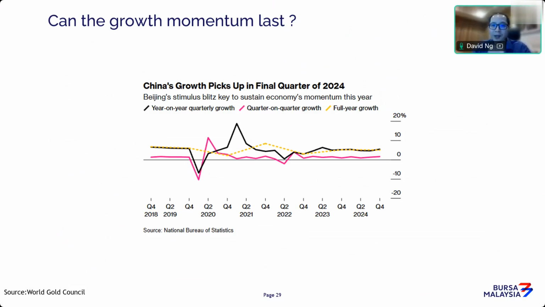Now, going to the China economy, I think there's nothing much to shout about. In fact, if you look at it, this year they have toned down their message in terms of economic optimism. I think the growth story in China is still pretty much in the doldrums. There's not much optimism in the air, unless data starts to indicate that growth reaches a pivotal point and starts to go higher. Until then, it's still pretty much in the doldrums, and the growth factor in China is still out of the question for now.